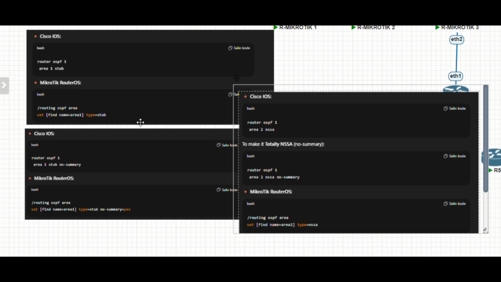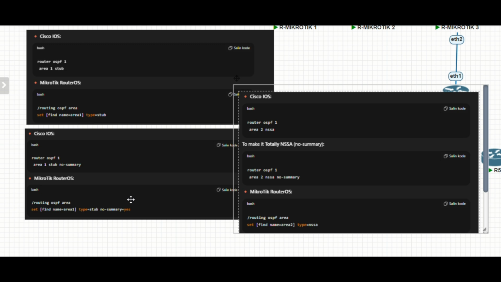For the totally stub, it's still a bit different. Area 1 stub no-summary in Cisco. In MikroTik, same set, with the area name, the type is stub, and then for no summary, you should enter and include yes.